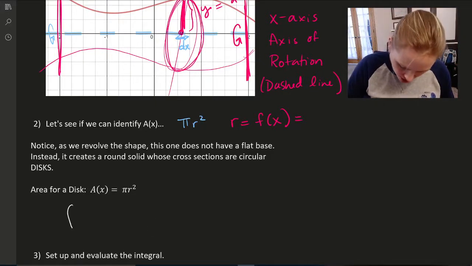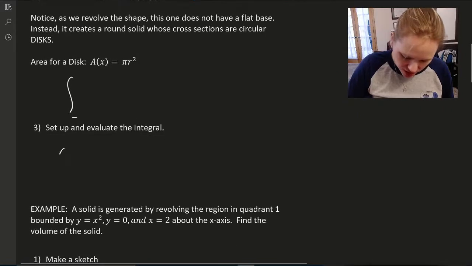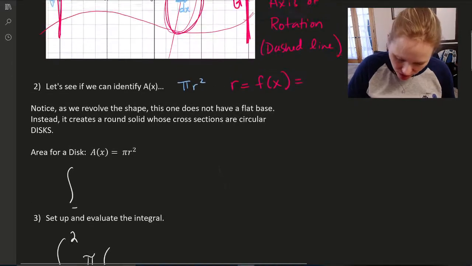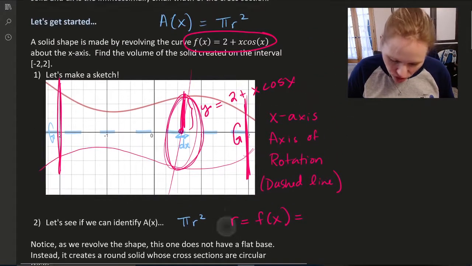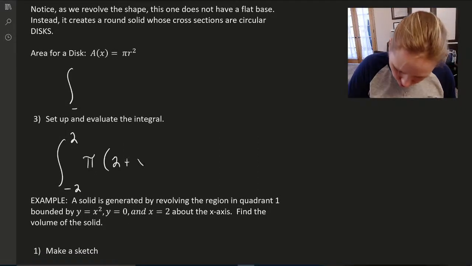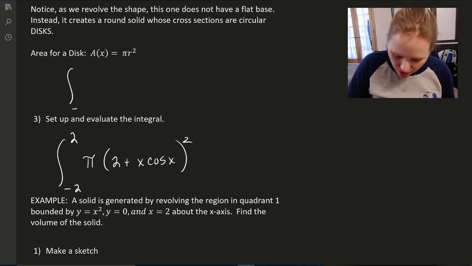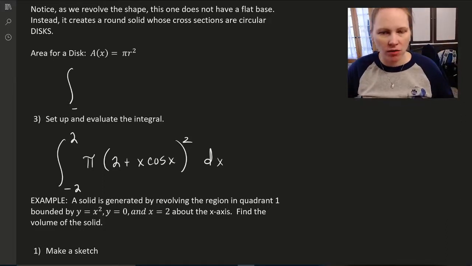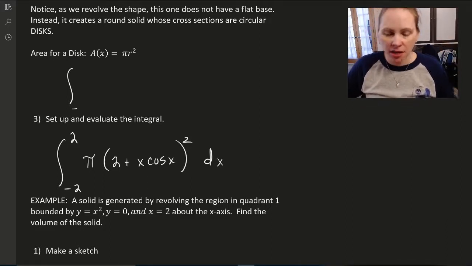The area, it's going to be integrated from -2 to 2, pi times the radius. Okay, let's get the function. So it was 2 plus x cosine x, squared. 2 pi r squared dx. This is my integral. And now we could plug it into our equation or plug it into our calculator and